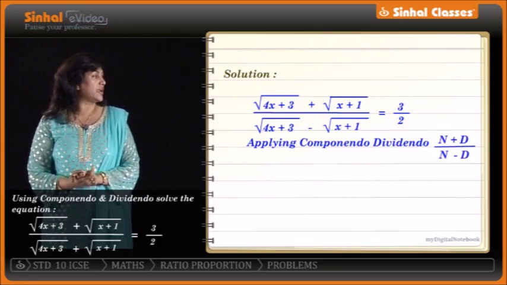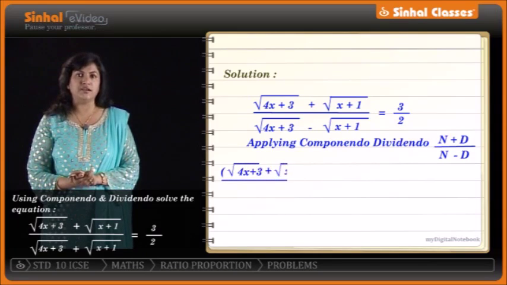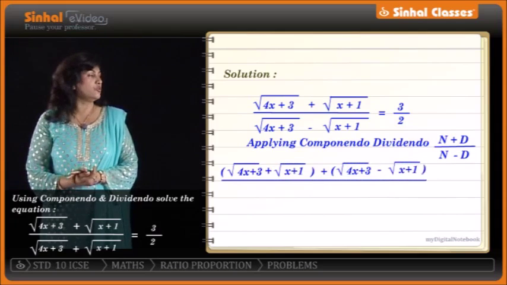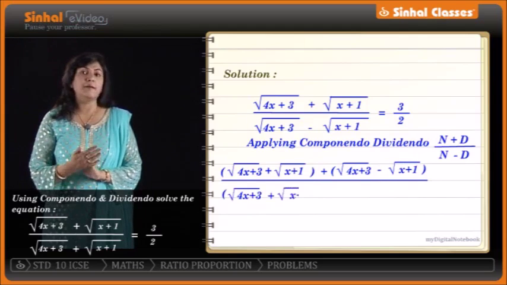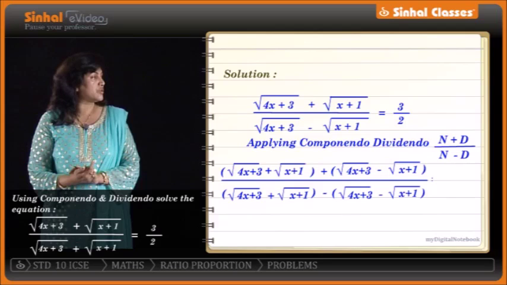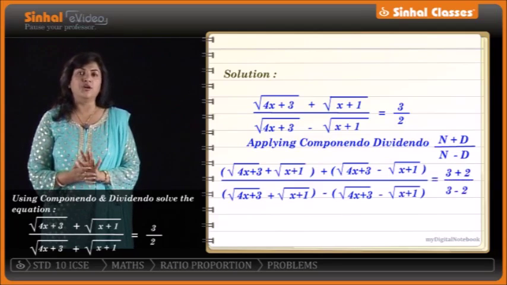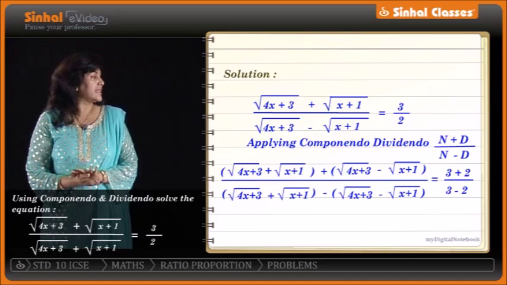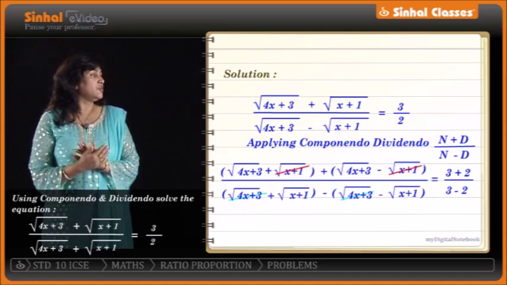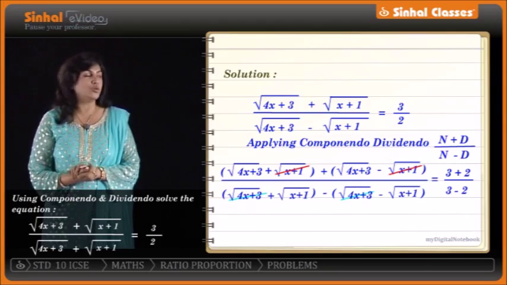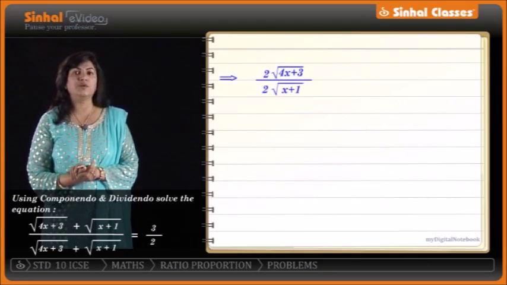We get root 4x plus 3 plus root x plus 1 plus root 4x plus 3 minus root x plus 1 upon root 4x plus 3 plus root x plus 1 minus root 4x plus 3 minus root x plus 1, which is equal to 3 plus 2 upon 3 minus 2. Do not forget to apply componendo dividendo on the right side also. Now let's simplify the left side, cancel whatever possible. We'll be left with root 4x plus 3 plus root 4x plus 3, that gives us 2 times root 4x plus 3. Same way in the denominator we get 2 times root x plus 1, which is equal to 5